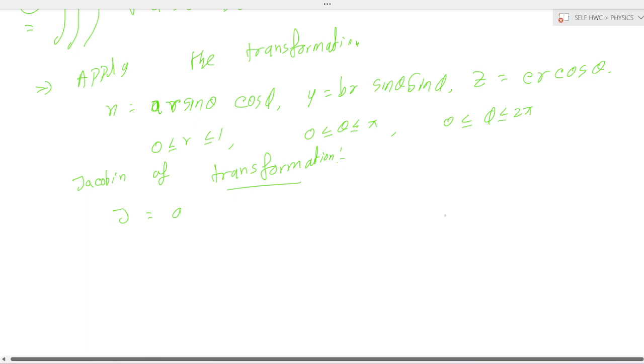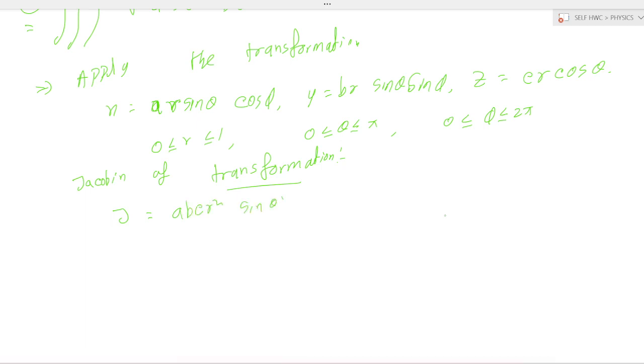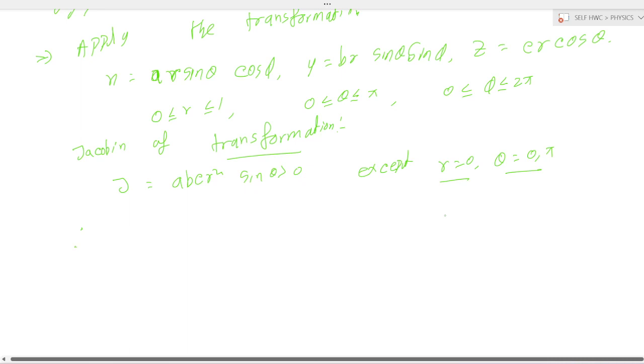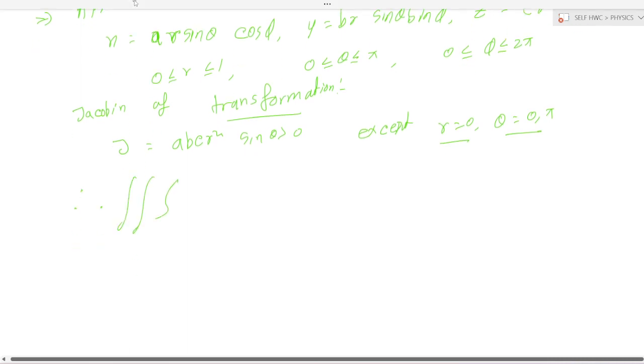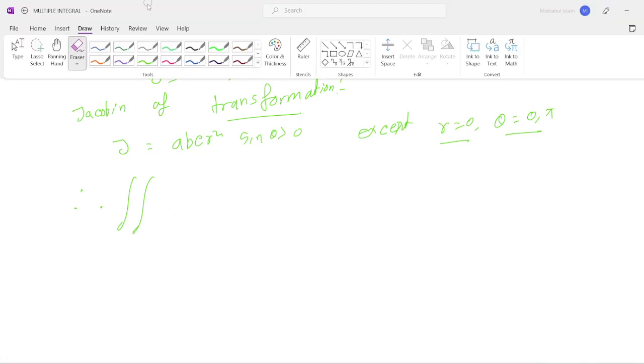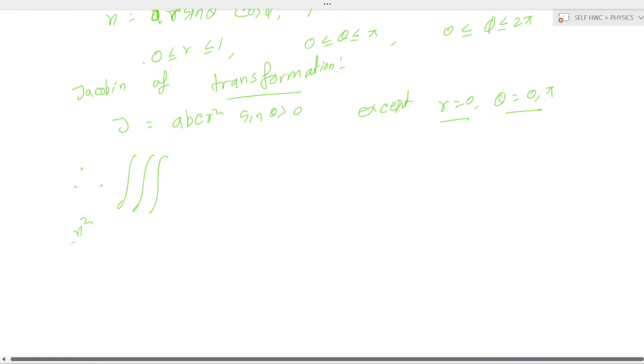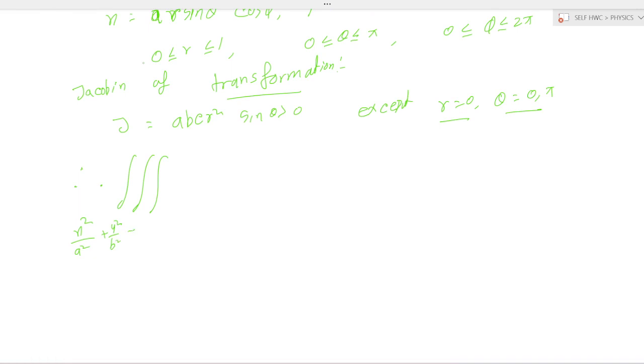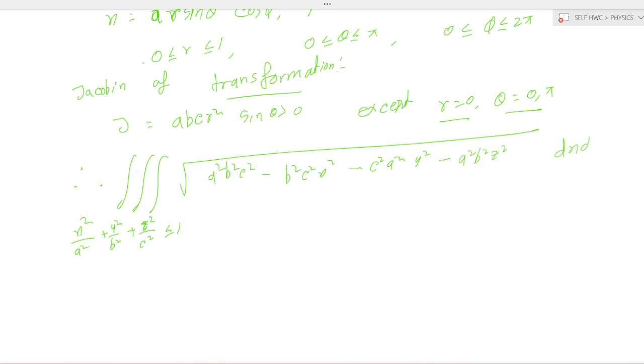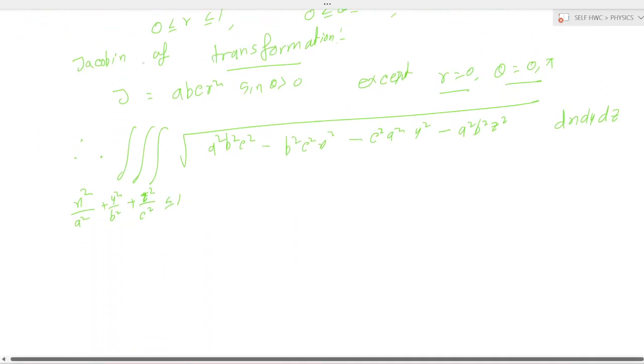Okay, so J is equal to abc r square sin theta, which is greater than 0, except when r is equal to 0 and theta is equal to 0 or pi. Therefore, the triple integration over x square by a square plus y square by b square plus z square by c square less than or equal to 1, of the value root of a square b square c square minus b square c square x square minus c square a square y square minus a square b square z square, dx dy dz, is equal to